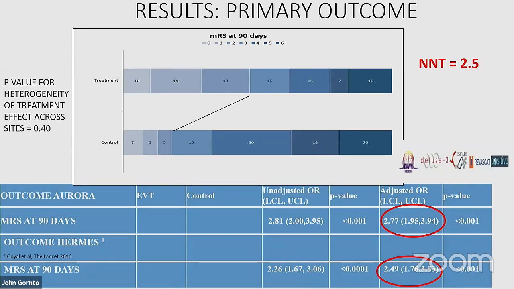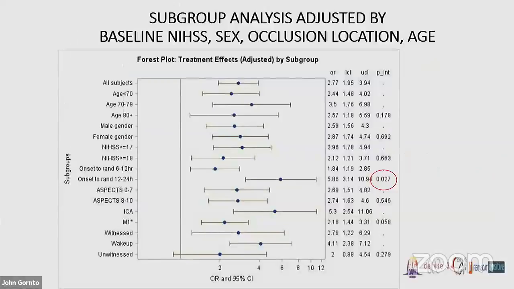Bottom line here is, if you select the right patient and you treat, that patient benefits, whether or not they're in a hyperacute setting or beyond the typical time window. How about subgroup analysis? I think this is very important because we do discuss, okay,